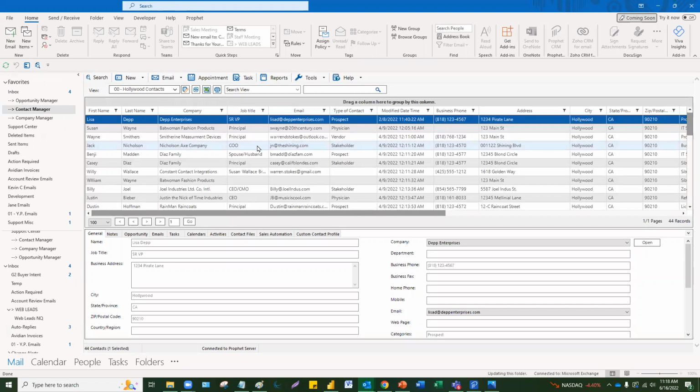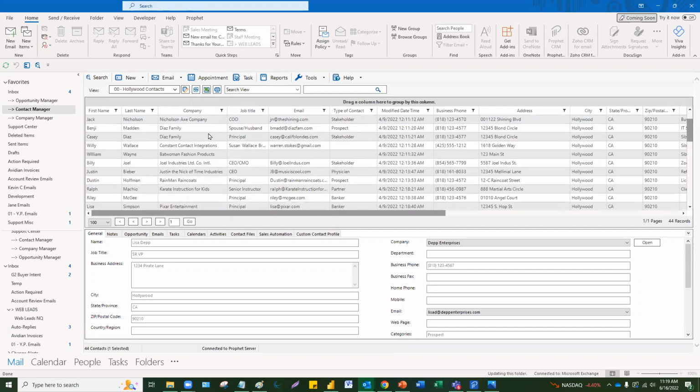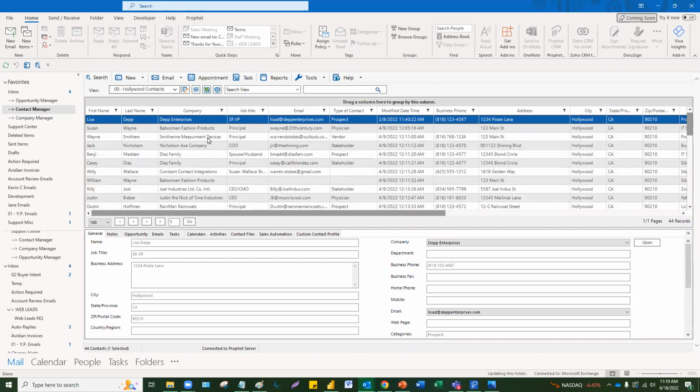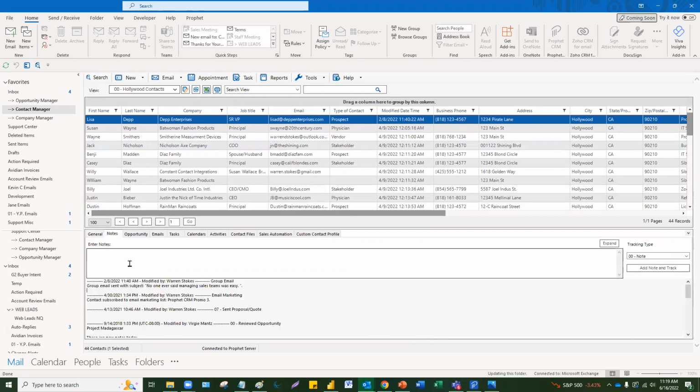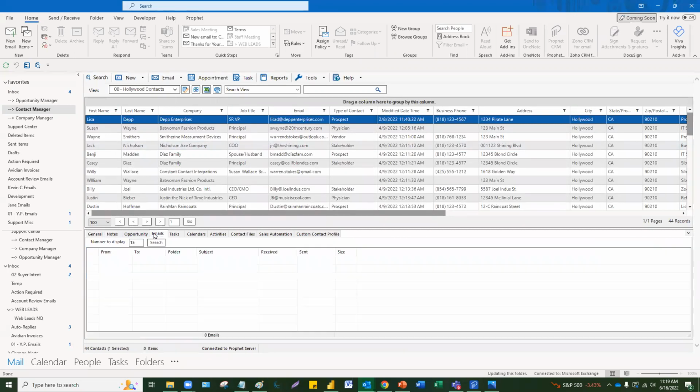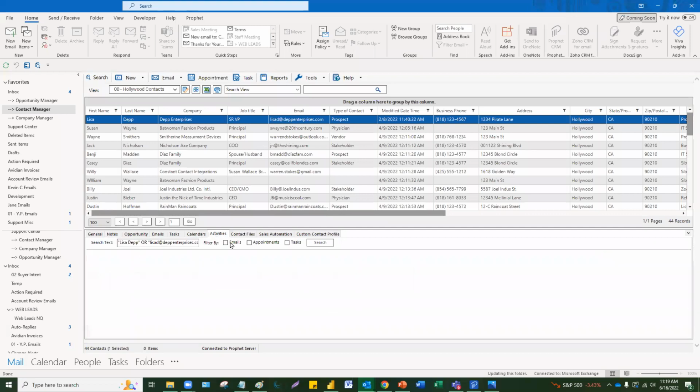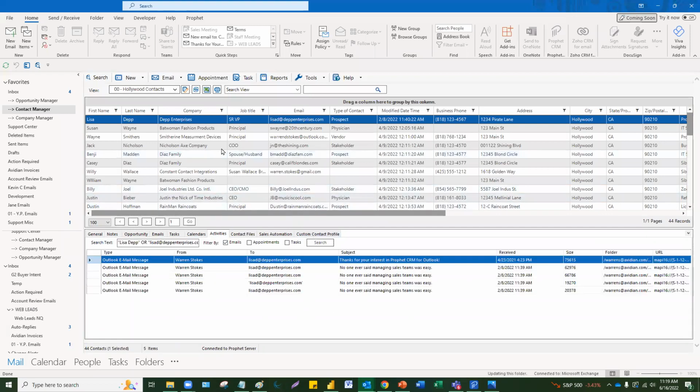Maybe some of you on this call sell B2C, business to consumer. Then these could be clients in here, or they could be prospects, either way. But the main concept of contact manager is that it's a centralized database of contacts, and you can do various things. All of the things that I just shared with you. You can enter notes regarding interactions with a contact. You can track emails, appointments, tasks, and all the different activities that have to do with any of the contacts